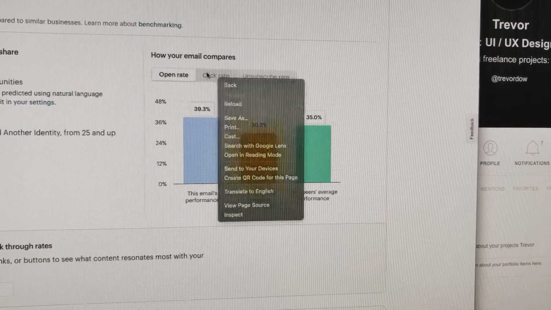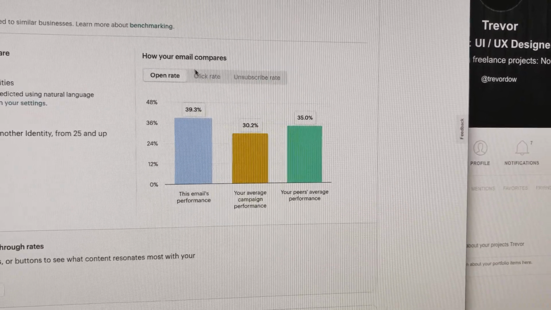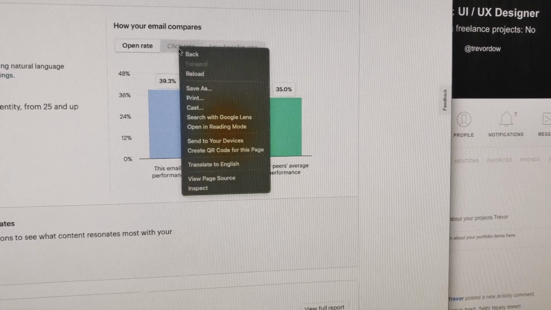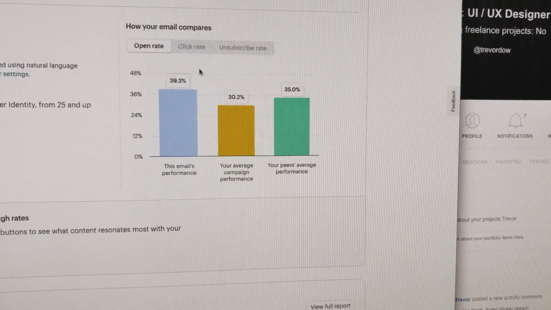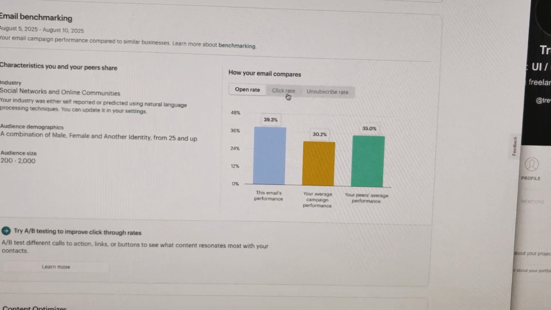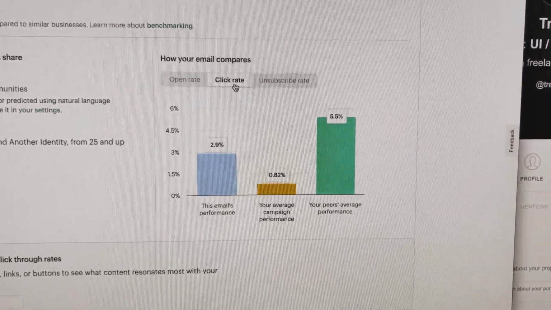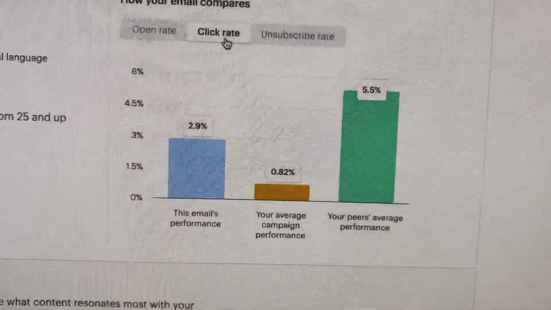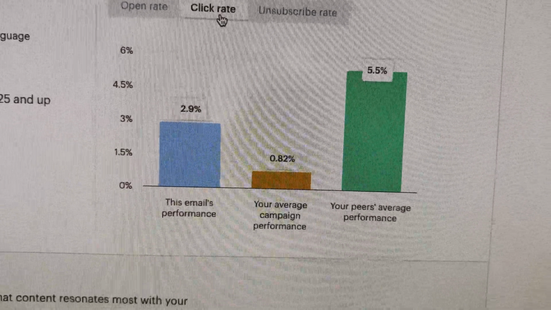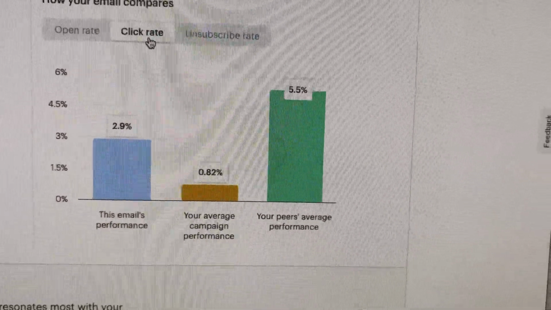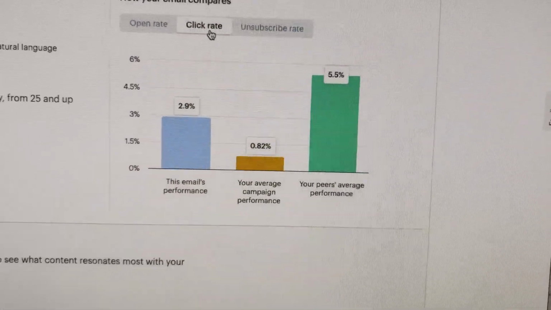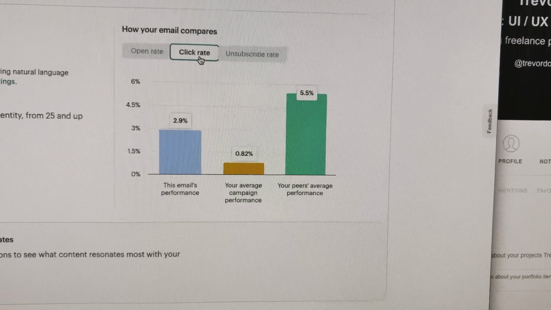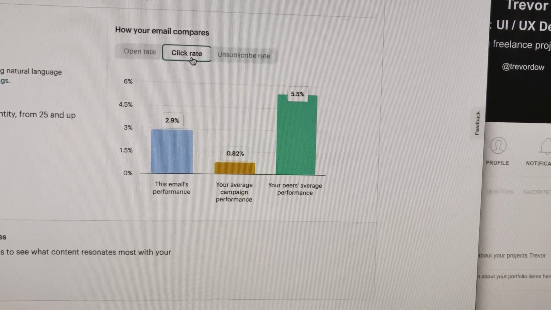The click rate, let's take a look at that one. Mouse, come on. Here we go. There we go. Worked for me there. Okay, so your click rate, the email performance, you can see I got a 2.9%, my average 0.8, and then peers is 5.5. So people opened, the click through wasn't as compelling, but for me in my past campaigns,